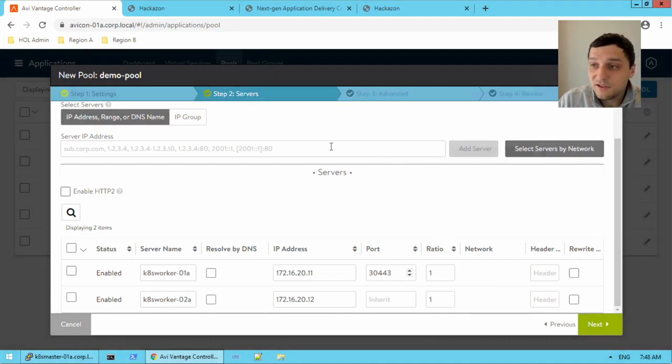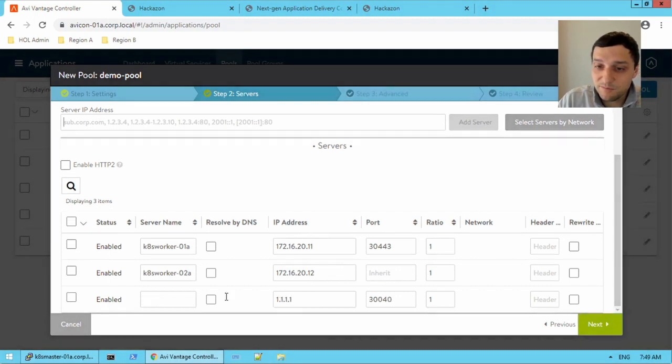Now, if you didn't select servers by network, there's no reason you can't just configure a server like this, and you could specify a port of your choosing. Now, this isn't a server that will work, and this isn't a port that it will be listening on. But to prove my example, this is what it would look like when you add that server. So jumping to the next screen,